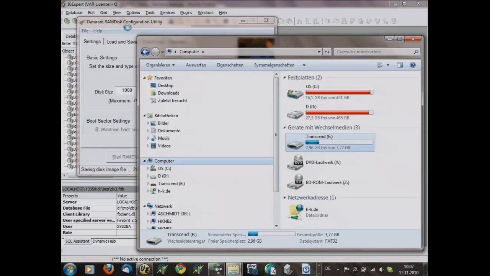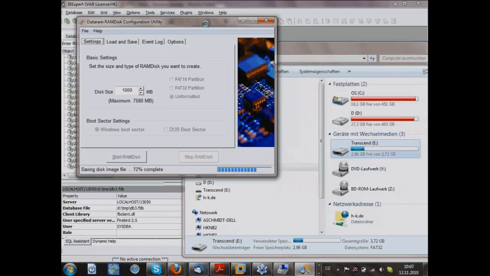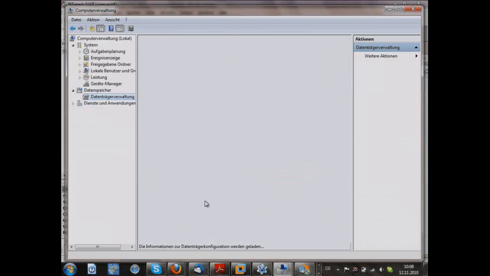Within the last years, I had some experience with working, for example, with Firebird on a RAM disk. It sounds a little bit strange for a lot of people, but you might have some improvements of performance. And I will talk about this in the next session when I go a little bit around the performance area. You can do a lot of strange things with such architectures. And if you are using functionalities that are built inside Firebird, it's not as dangerous as it sounds. But if you have an unstable database server, a RAM disk is not a good idea.